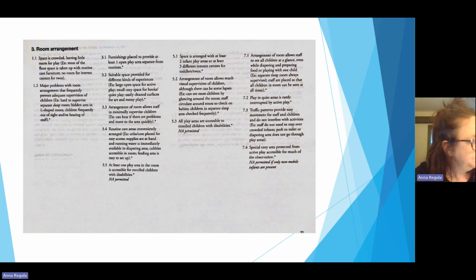Room arrangement. So that is on page 21. Space is crowded, leaving little